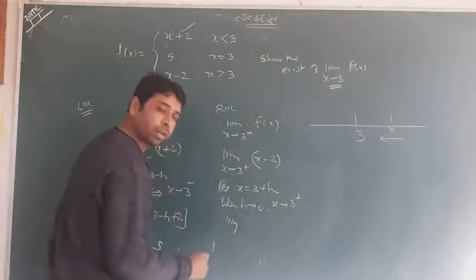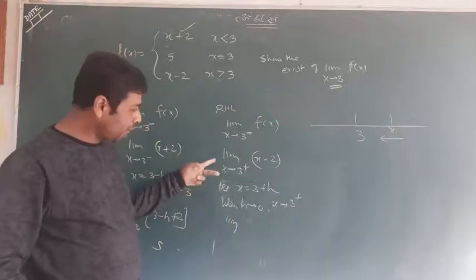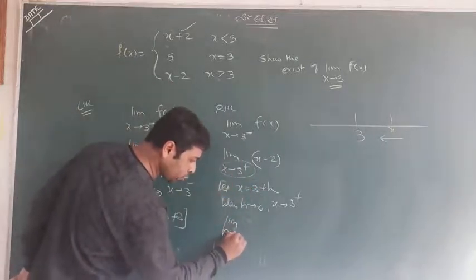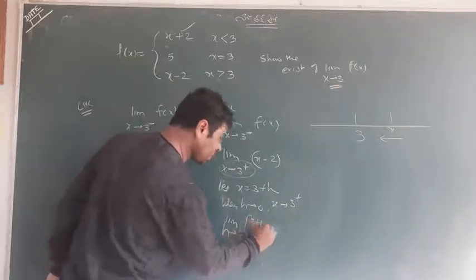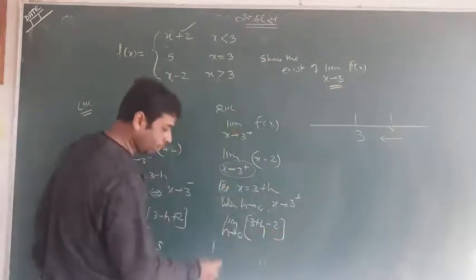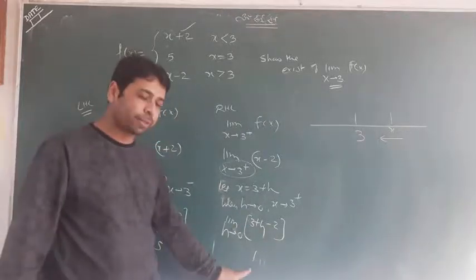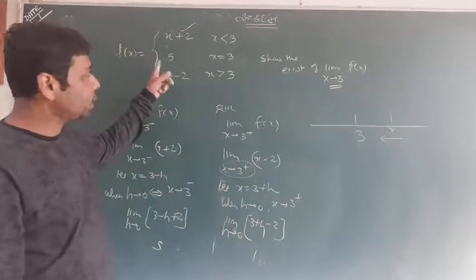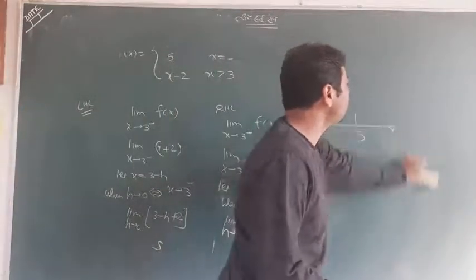Then, as I taught you just earlier, you can drop these two terms and write this term directly. Make a habit to change this to h tends to 0. Instead of x you write 3 plus h. This time it was a minus, 3 minus h I wrote. 3 plus h and minus 2. What is the answer? H tends to 0, 3 minus 2 is 1. What happened? This is 5, this is 1. Limit does not exist. This is a way of doing the question. So try to understand the nature of the question also. This will come often.